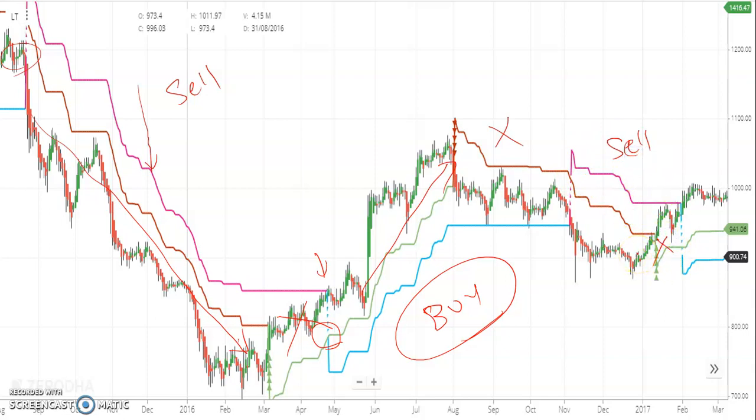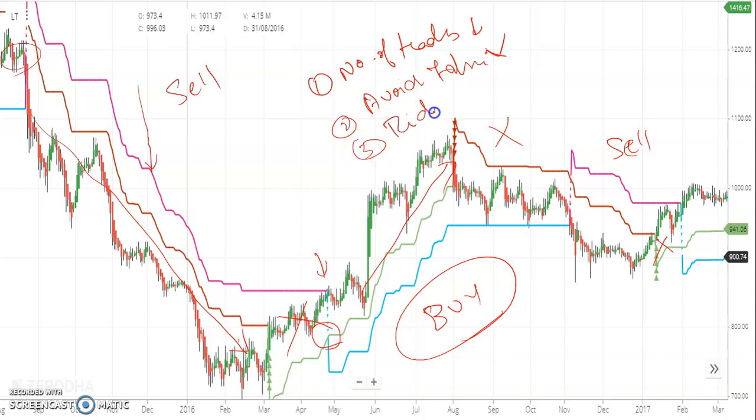Okay, so by doing this, number one, we are reducing the number of trades. Okay, that has been reduced, and then we are avoiding the false signals. Okay, and the other thing is we are riding the trend and not going against the trend. Okay, that always helps us, even if we lose, we lose very little when we use this strategy.